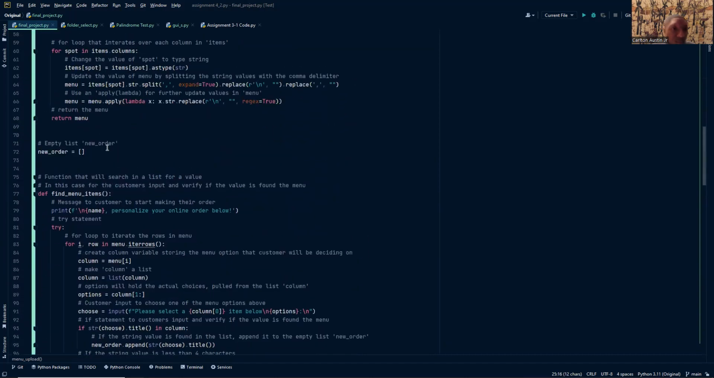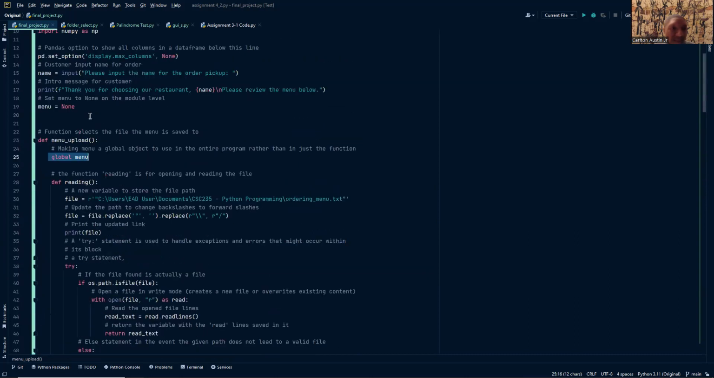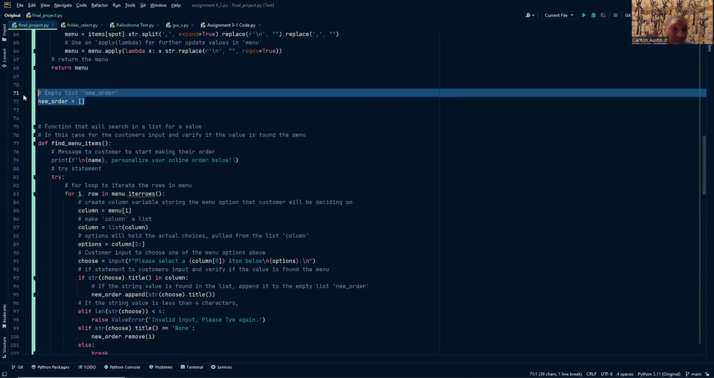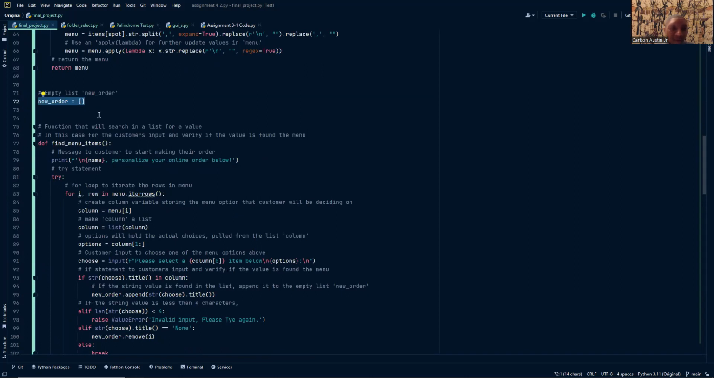So once we get past this menu upload, we'll create an empty list called new order, which we will store the customer order in, their choices through their inputs. And once they're verified and validated, we'll add them to there. And we will do that by going into this next function that I just closed and didn't mean to,